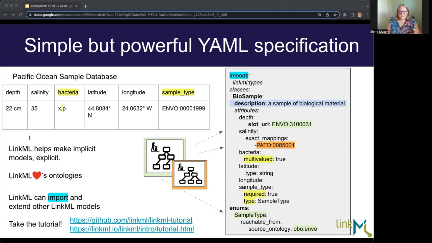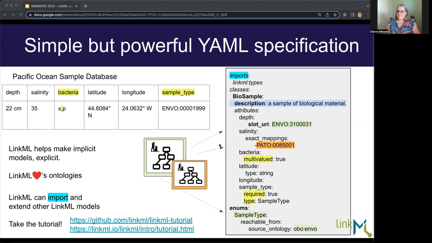Each has names and values and probably some expectations about what we can do for the values in that field. For example, can there be more than one value in this field? Can they be null? Can they be made up of ontology terms, or do they need to be made up of strings? And if you look to the right here, I've put together a small LinkML